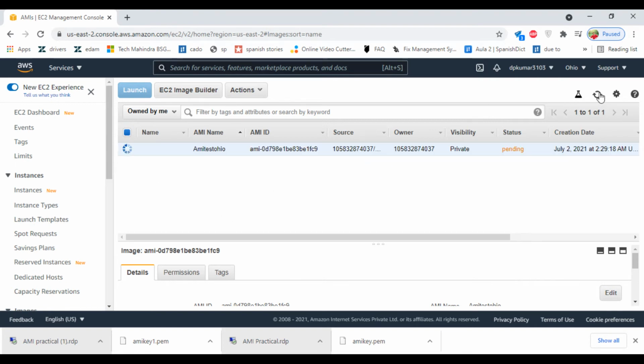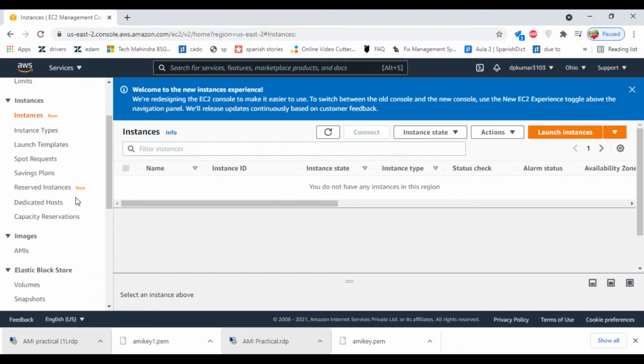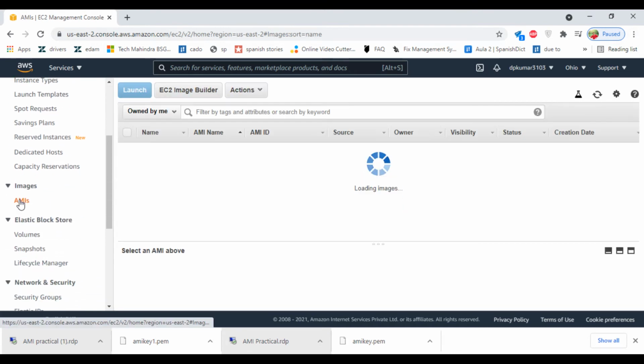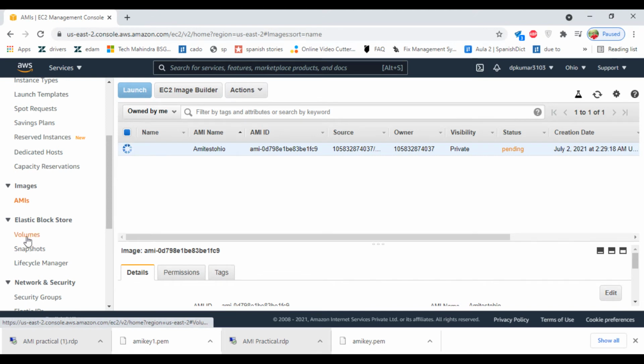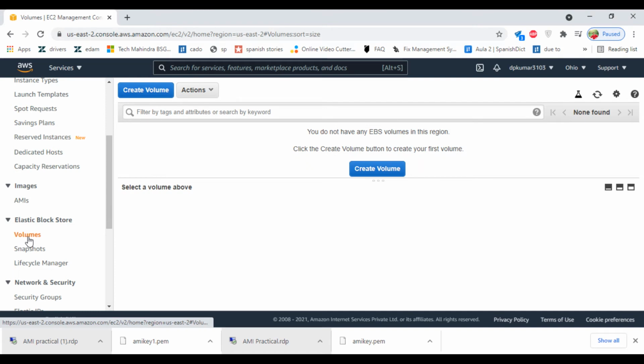Click on refresh, it will take some time. Meanwhile we will check the other options. Click on the instances. Now you will see here there are no instances present in this region because this is a different region, right? Under AMI it is still in pending. Do you see any volumes? Nope.